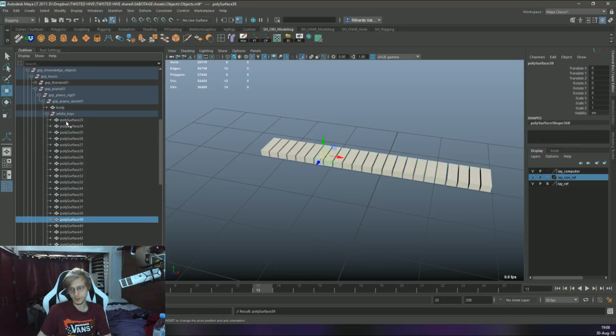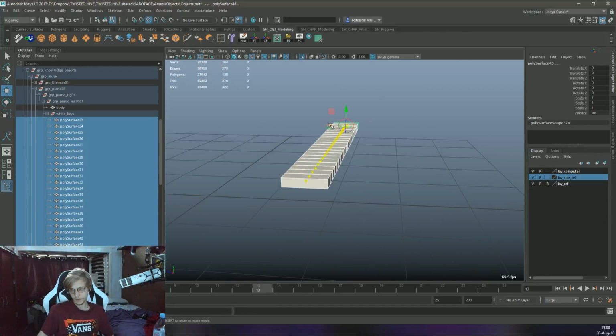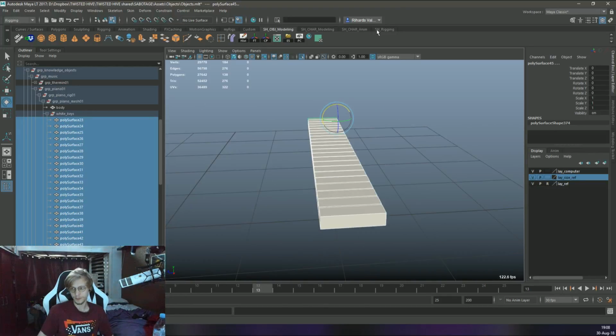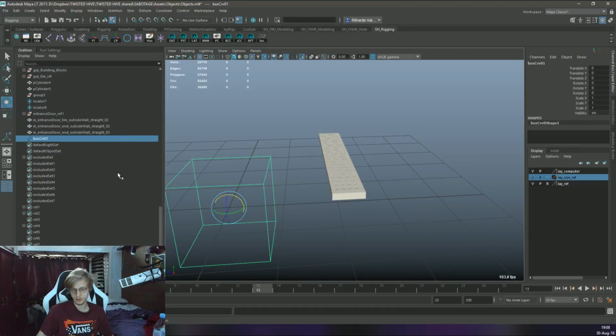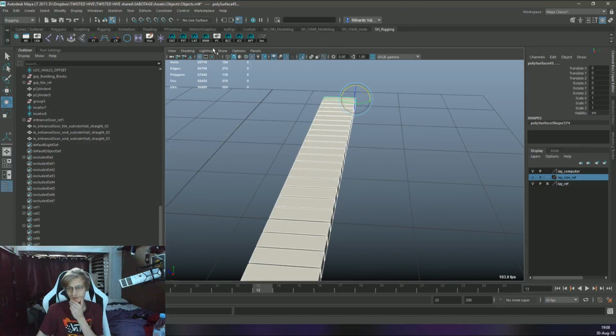So all of these pieces need to be rigged. And actually, that's not too hard. Thank God it's not too hard. Can we rotate them like that? Okay, this is gonna be a piece of cake, I hope. Let's go to the rigging tab. Let's do box curves. Yeah, that's one box curve. I don't want one box curve. I want to have